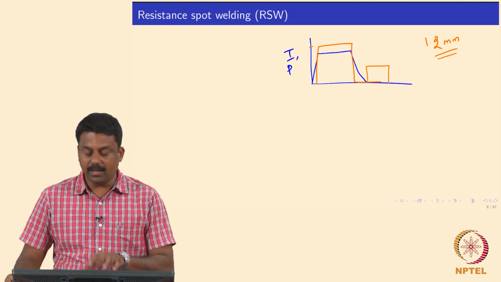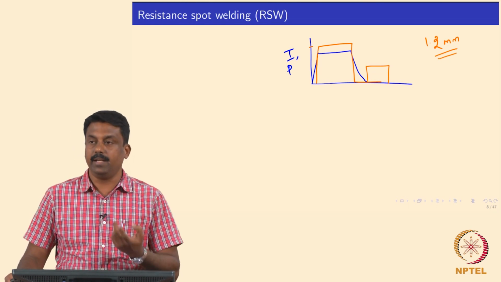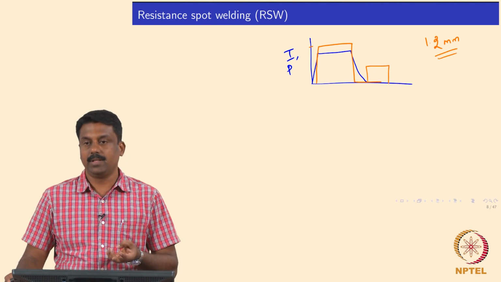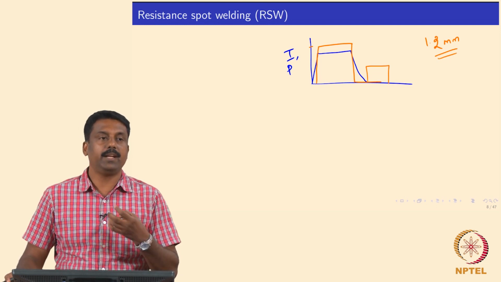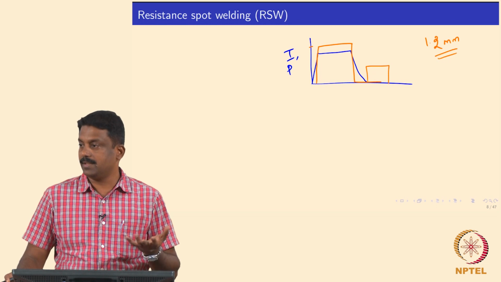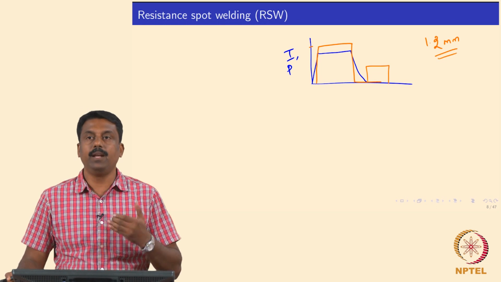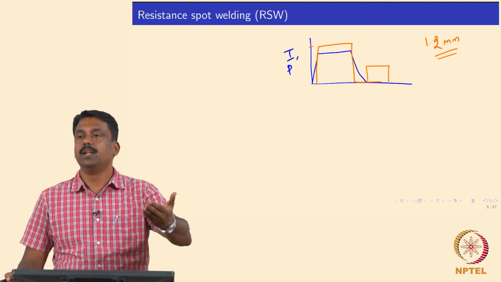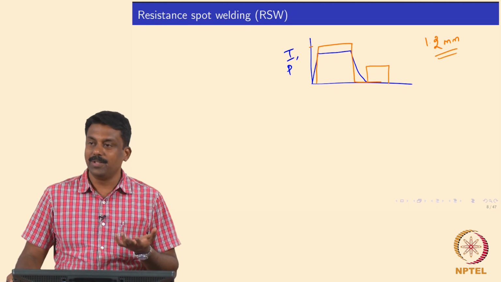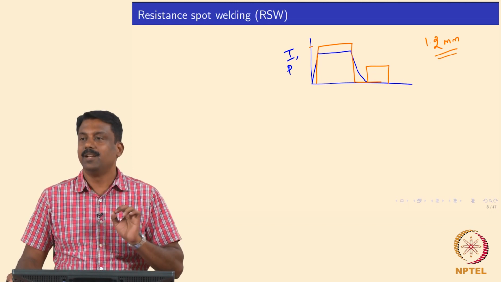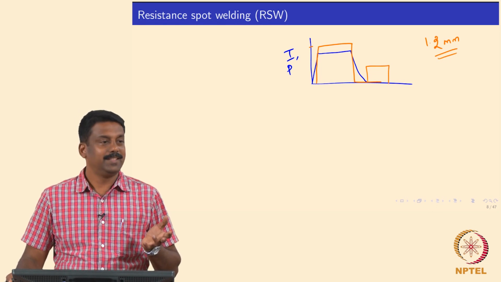In order to achieve the typical weld thermal cycle, we also need to understand the characteristics of a material as a function of current and load. By characteristic I mean the ability to melt. For example, for a given thickness, what factor determines the delta T, the change in temperature? If you want to increase the temperature of a material from 600 to say 1500, what do you need to know so that you can give a certain amount of energy to reach the delta T? Come on guys, do you understand my question?